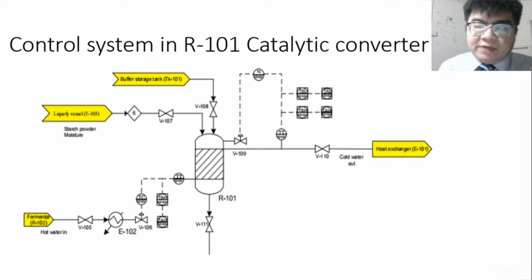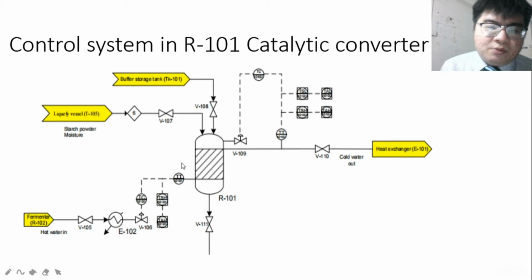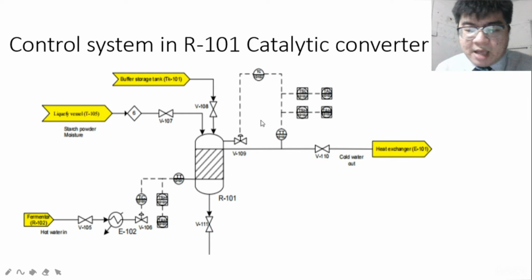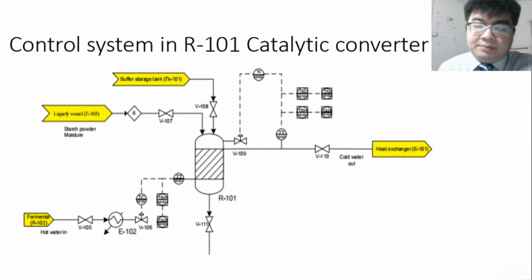The saccharification tank is equipped with a temperature transmitter (TT) for both control loops and a temperature controller (TC). The temperature controller will control the heat exchanger to ensure the temperature of the feed remains constant